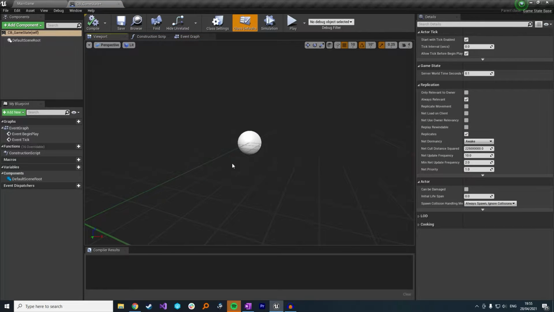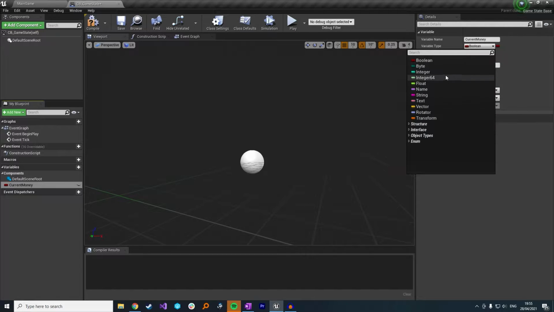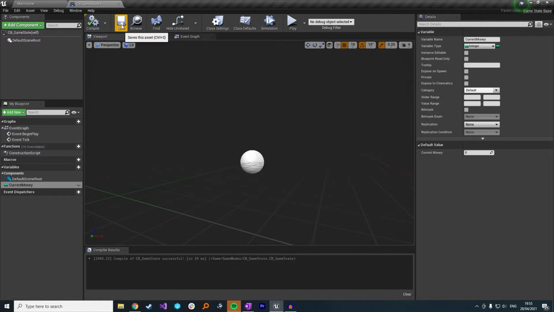And basically what a game state does is, if you think of the game mode as what actually holds all the rules and runs the game logic, the game state just holds the variables and all the data for that. So they kind of work in partnership. This is why I'm creating this game state, and I'm going to put the money in here. So I'm just going to create a new variable, call it current money, and make that an integer. And let's just set it to default to 20,000,